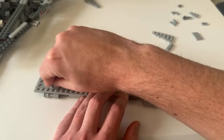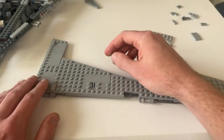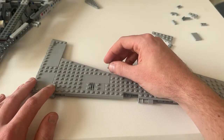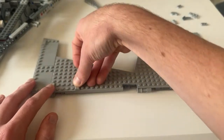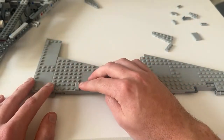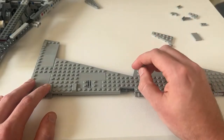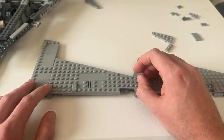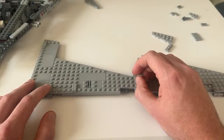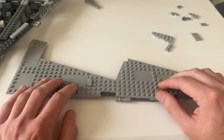Let's see, 1, 2, 3... Going to be placing a lot of these ingot pieces on here. So this goes here. Then this goes here. Okay, so there's one here, one here, one here. The other one. So it's down here. And then